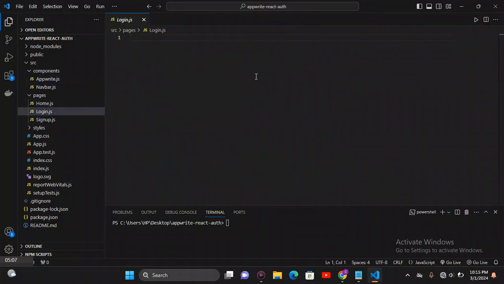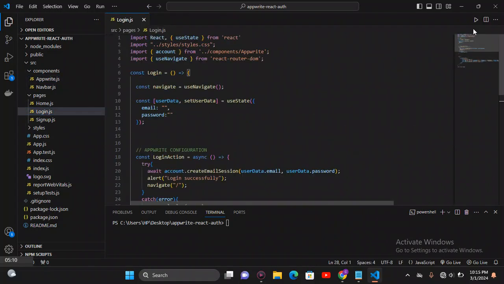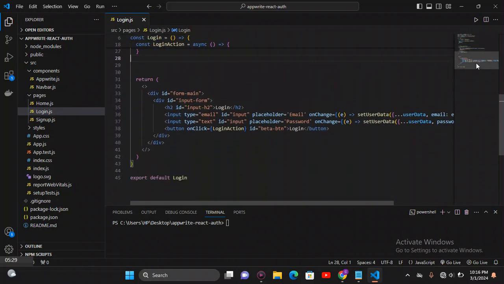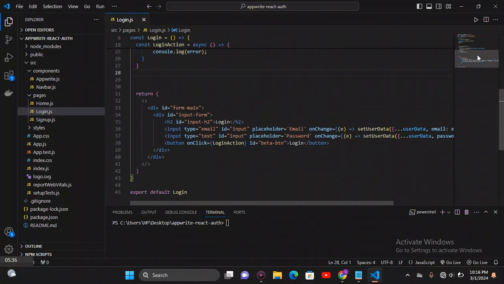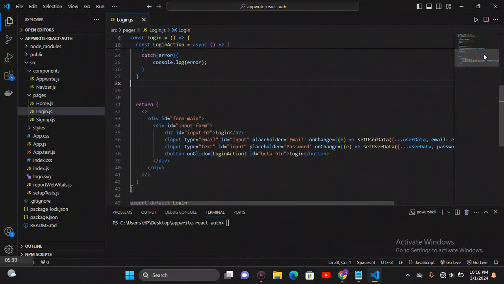So now the login page. In this page you actually have the login code. Something good about this is that if you want to create authentication and you want to use React as your web app, you have to use Vite. So in this video, I'm not going to use Vite. It's just going to be pure plain React and Appwrite, nothing like Vite, React, or something like that. So here we have our login form. As you can see, this is just IDs, styles, and here